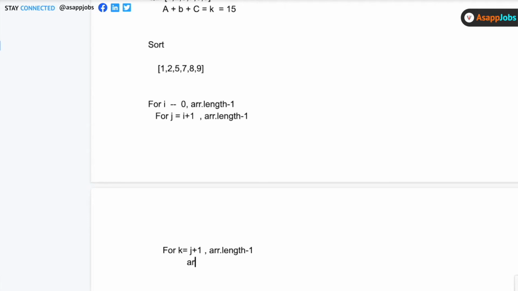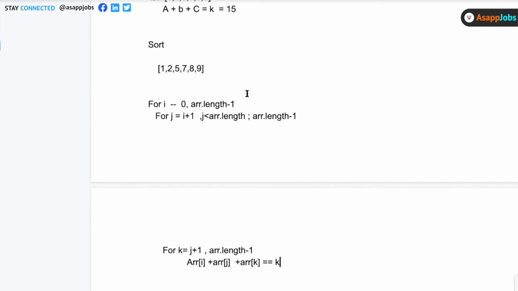So now here you do array i plus array j. Then, sir, should I go to array dot length minus 3? No, basically you don't have to write this condition. Yes, you can write that, but anyway here you will do a check, while j is less than array dot length. So anyway it will not go inside the for loop, because in that case it will exceed that condition. So when the array value is equal to the second last element or the last element, this condition will anyway not be satisfied. And if this equals k, then you return the answer.